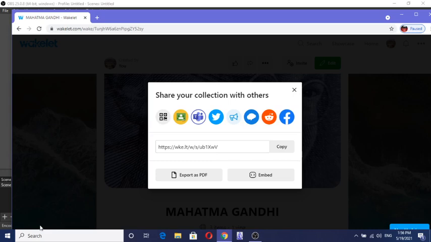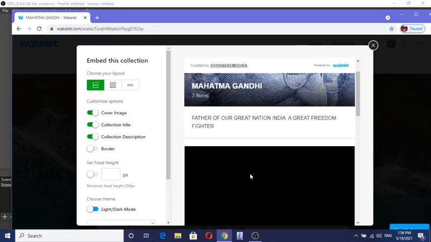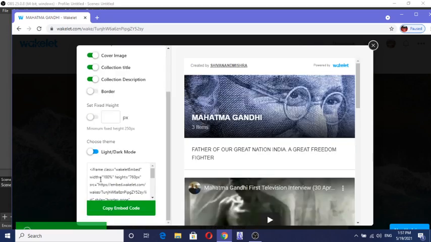See here, link copied, message as wrapped, export. You may from here get the embed code, iframe code, and embed, see here, and copy embed code, and you may paste this one to your blog, your website, and anywhere.